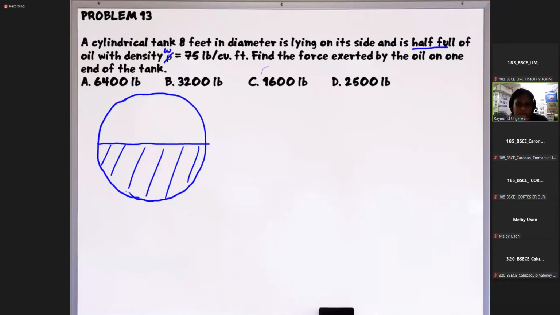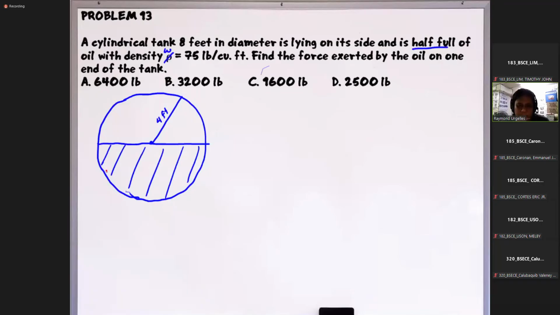Diba? So again, two ways to answer this problem. So ang una nating alam dito is that the diameter is 8 feet. So meaning the radius is 4 feet. Kalahati ng diameter, kalahati ng 8 is 4. So kaya 4 feet yan. Tapos nakasubmerge yung kalahati, yung semicircle lang. Okay? So let's consider,